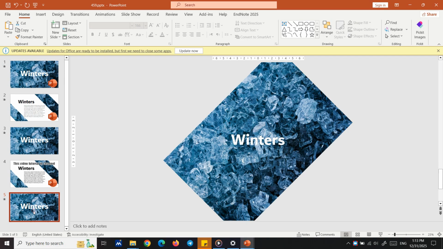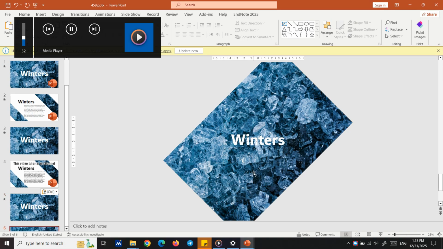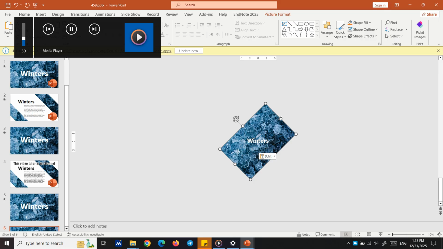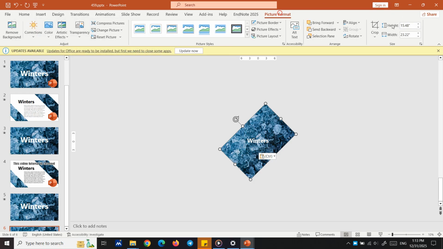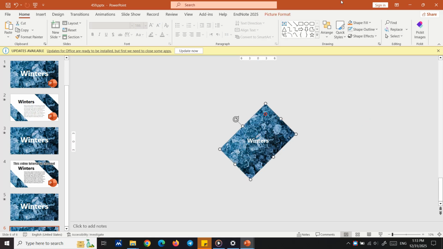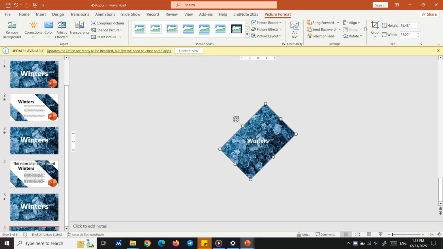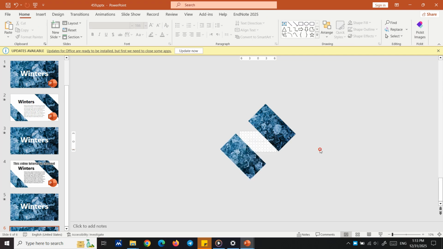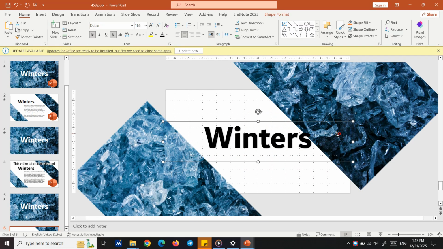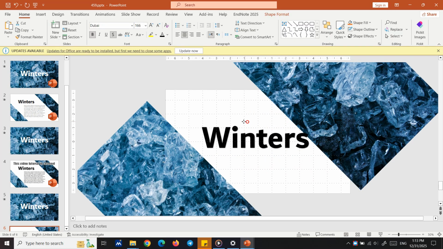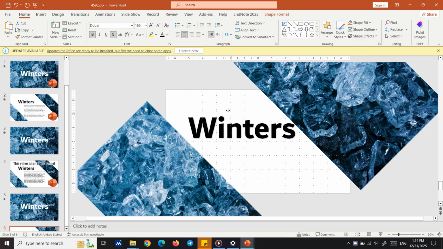I'm going to create another copy of that, and after that here I'm going to use the crop option, not the resize option, and crop it, and also choose these things and crop it. And then color it black. Then simply bring it up